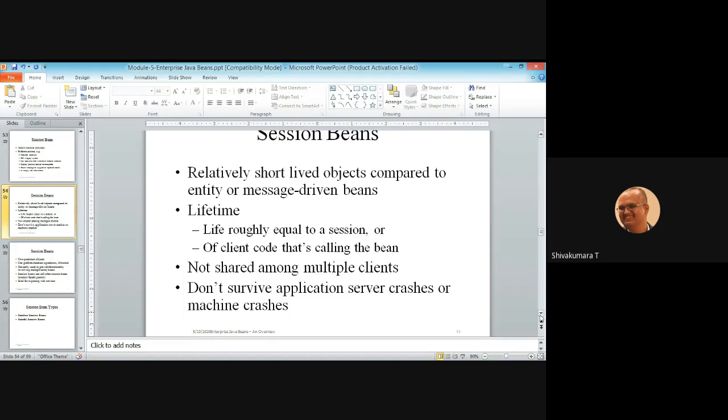Depending on the client request, if it is stateless, it depends on the client request. If it is a stateful session bean, it depends on the session, meaning the duration or time period for which that session bean exists. So this is not shared among multiple clients.